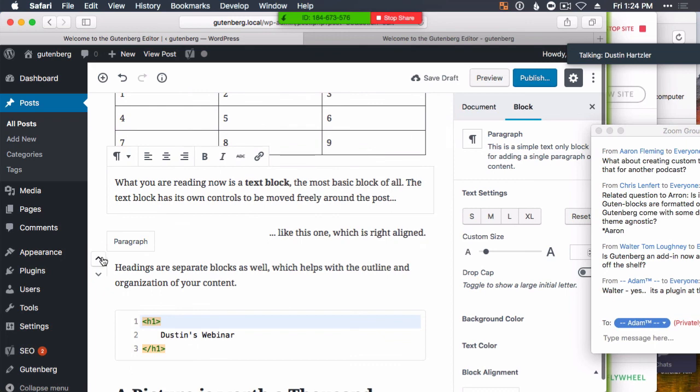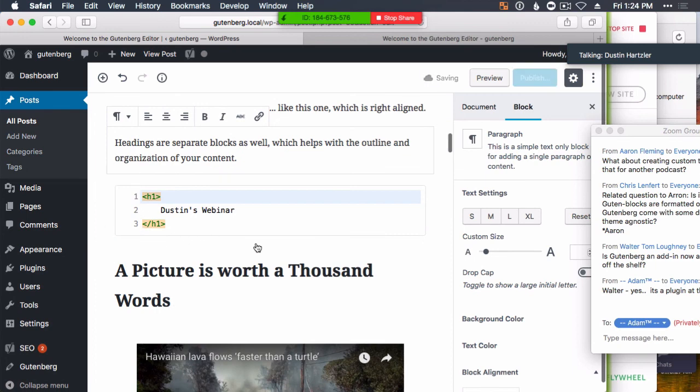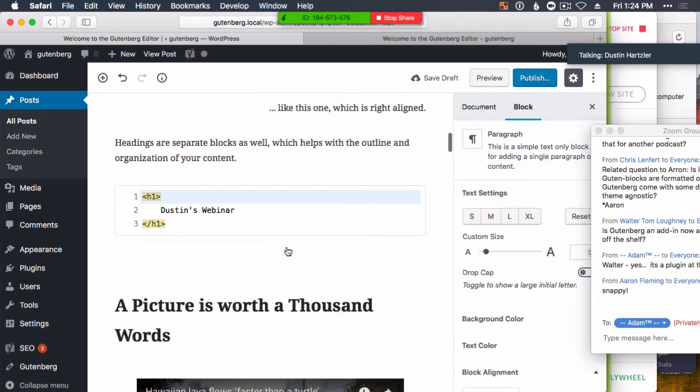You just feel how snappy this is. Like, you click the button and it's there. There's no page refresh. There's no page reload. If we do have a plugin that needs a shortcode for some reason, I know